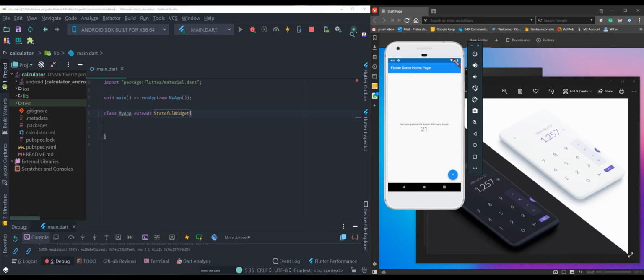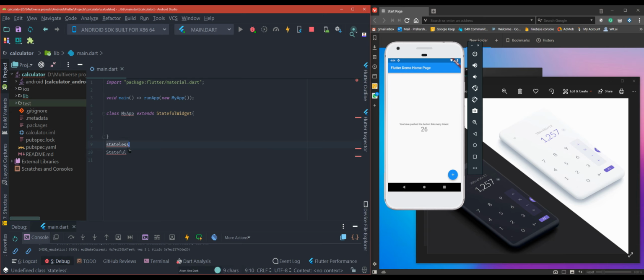So I'll give you a brief introduction about widgets. As we have views in Android, in Flutter, we use widgets. Here, the floating action button, this is a widget. This label box, this is a widget. And there are two types of widgets. One is stateless and the other is